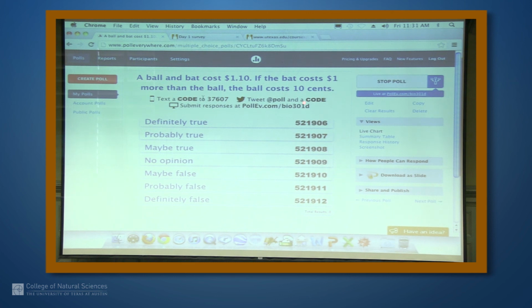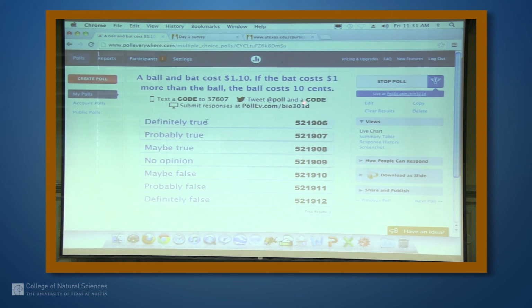You can text a code here. Here's the code, showing up in red, right? That's the number you send in, and you, I guess, text it to that number. I don't know how. I mean, that doesn't look like a phone number to me, so I don't know how that works. Or if you have a laptop, you can go to